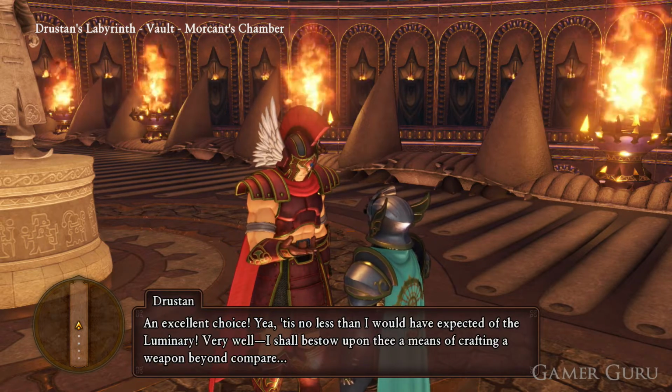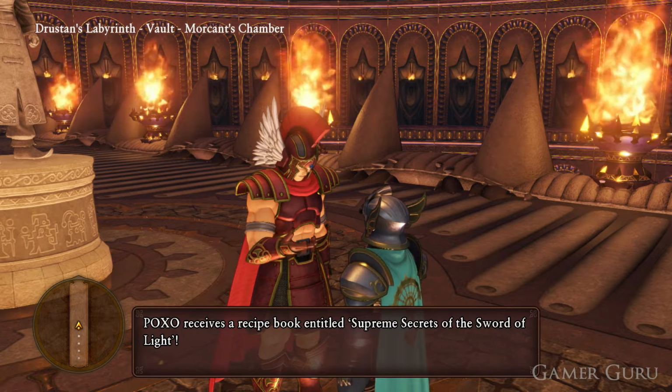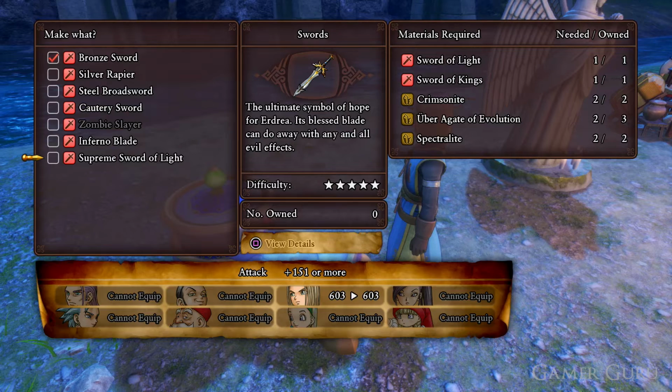Now that we have the recipe, we can check out exactly what materials we're going to need to forge the Supreme Sword of Light. So first of all, we're going to need a regular Sword of Light, a Sword of Kings, Crimsonite, Uber Agate of Evolution, and finally some Spectra Light. So first of all, let's cross off the list the Sword of Light, which is going to be the most